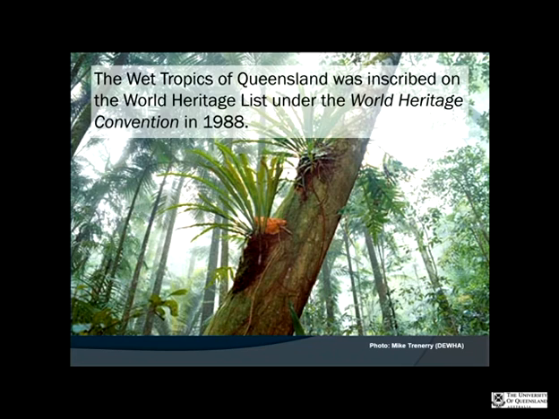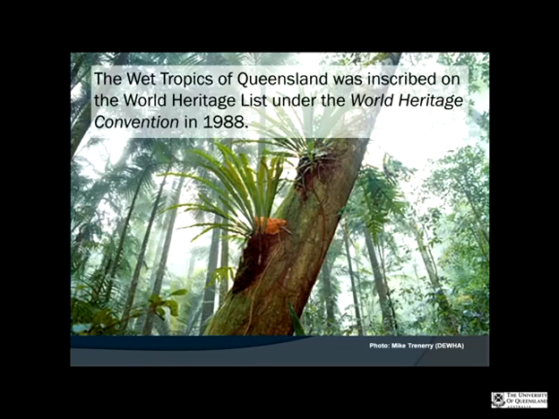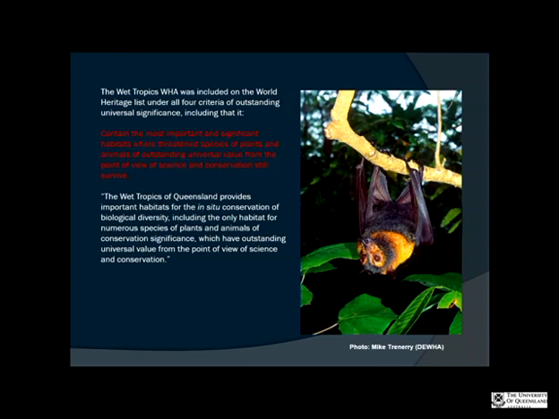The question was, were the flying foxes something that needed to be protected under the EPBC Act? Okay, so we'll talk about what happened here. So the wet tropics was included on the World Heritage List under all 4 criteria of outstanding universal significance. They used the following language when they put in their submission, that it contains the most important and significant habitats where threatened species of plants and animals of outstanding universal value from the point of view of science and conservation